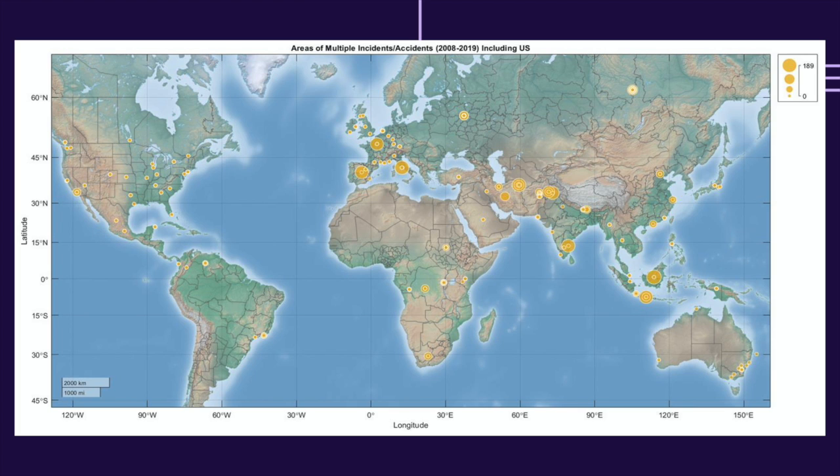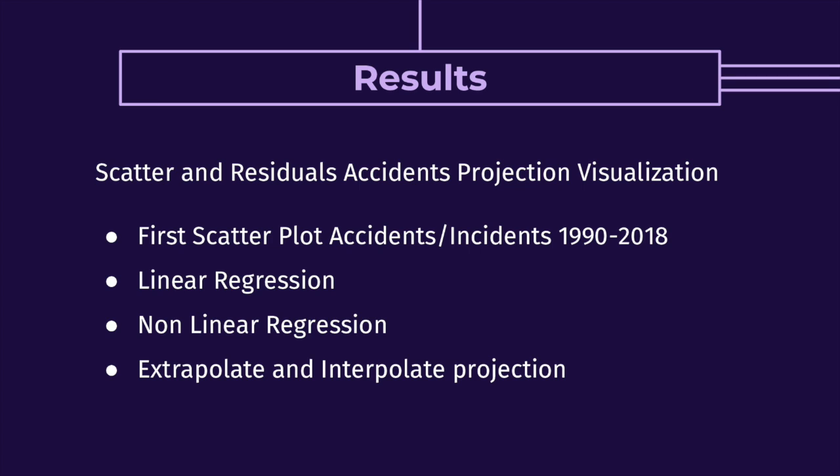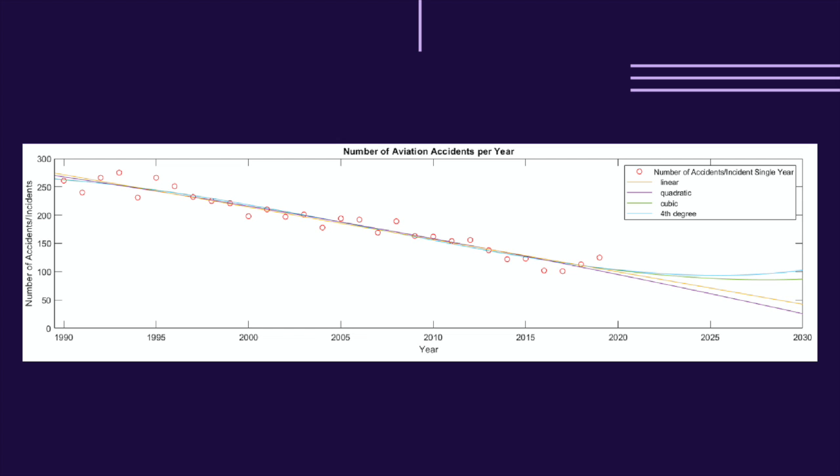This geographical plot was an effective way to illustrate multidimensional data, enabling the visualizations of incidents and accidents around the globe. The first scatterplot visualization shows the number of accidents and incidents per year from 1990 to 2019. Using MATLAB's linear regression function, a linear plot and higher order polynomial nonlinear fits of increasing degrees was plotted for extrapolation. Using this regression model, I applied interpolation to deduce a reduction in aviation accidents and incidents within the next